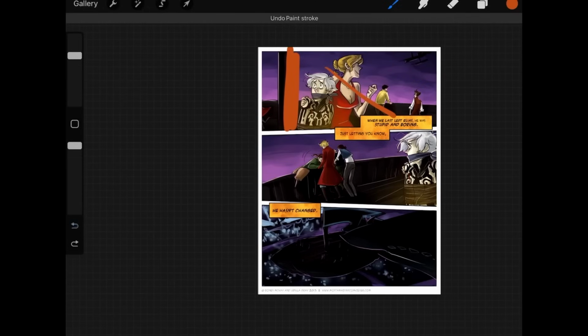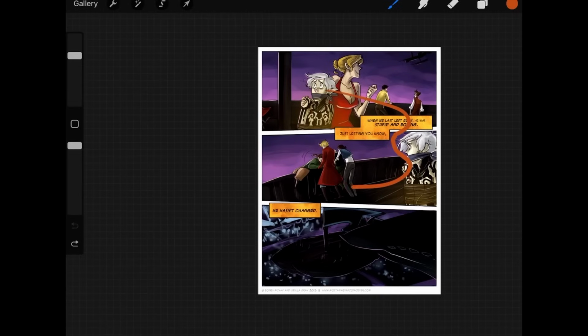That's why I like this page. Everything is shaped to flow you through the reading experience of the page. There's a very clear line, and all sorts of elements are leading to it, as opposed to a whole bunch of elements conflicting with it. It still has a bit of the orange thing, or a bit of the purple sky thing going on, which is a bit of an issue, but it's a lot less prevalent than in a lot of our early comics